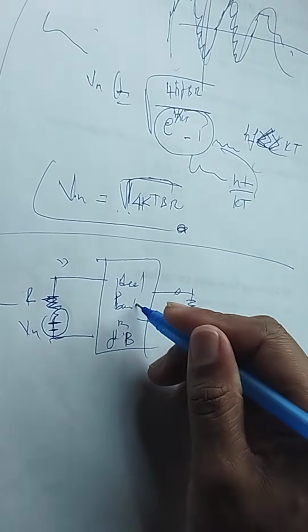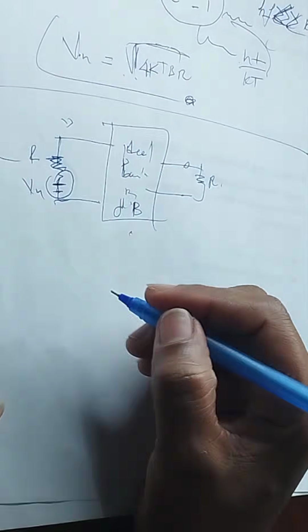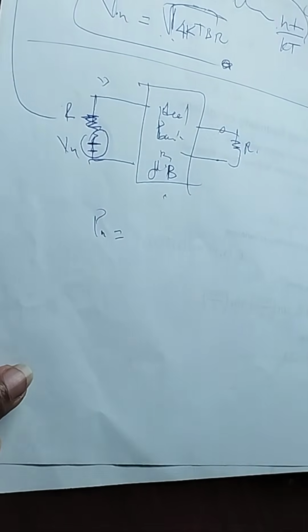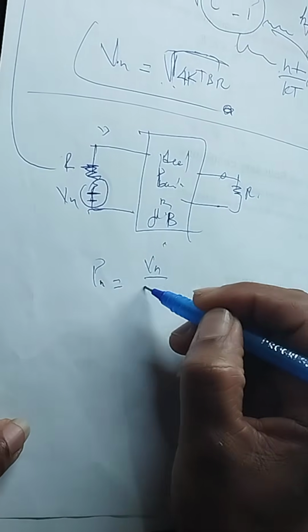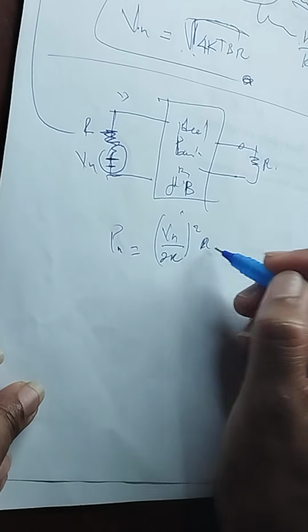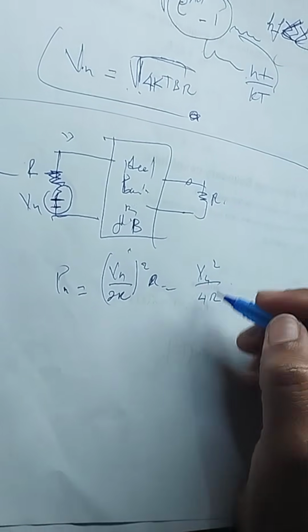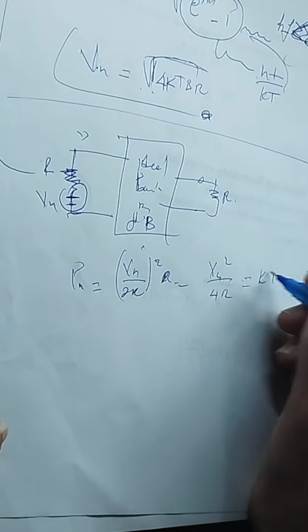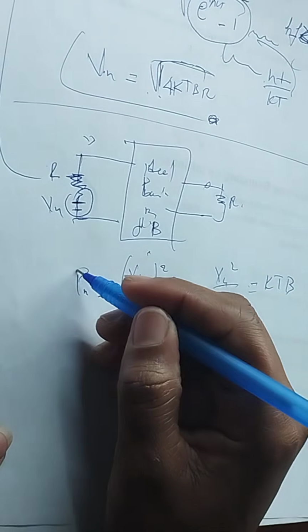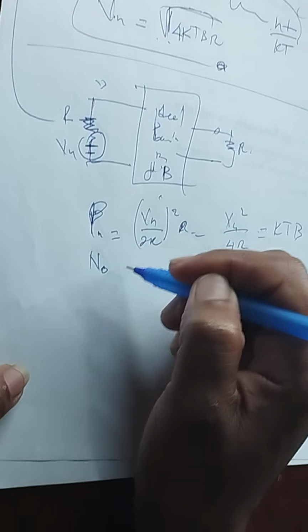We add an ideal bandpass filter, and this is the output. If they ask you to find the maximum average power, it is (Vn over 2R) squared times R. This gives Vn squared over 4R, which is kTB. And I told you before that this received power can be noted as N0